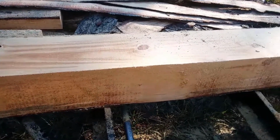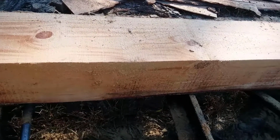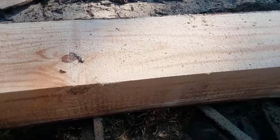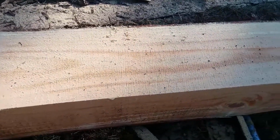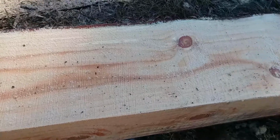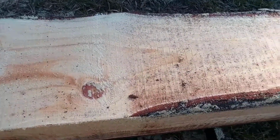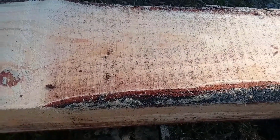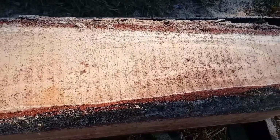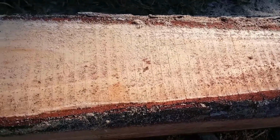Or you can do what we're going to do, cut it up into fourths, and then rough cut it into fourths. And that way you get a lot more serviceable material from it. You'll notice when I was cutting, the blade was wanting to stop and everything. I probably need to change the blade out, but the other thing you need to keep in mind,